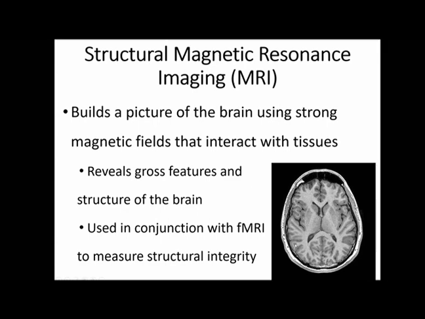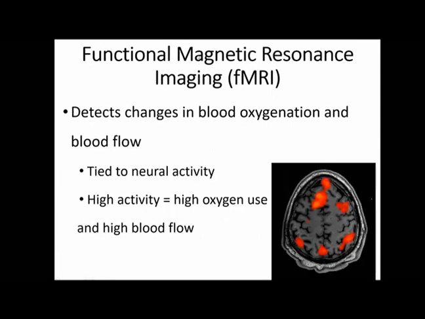So if you had damage to one of the parts of your brain, you might be able to see it by looking at the overall structure of your brain. So this one isn't just used in conjunction with fMRI, but it can be used together, which leads us over